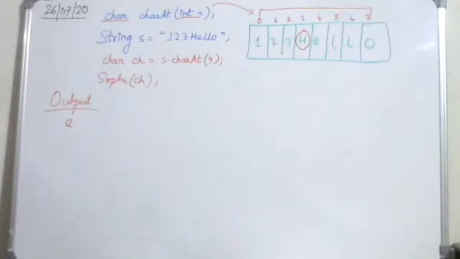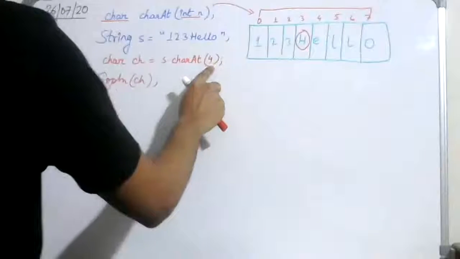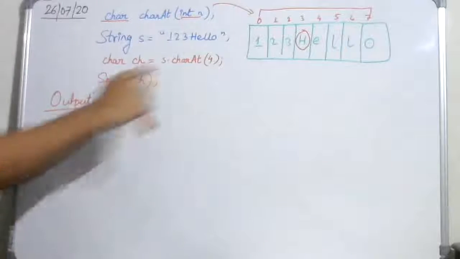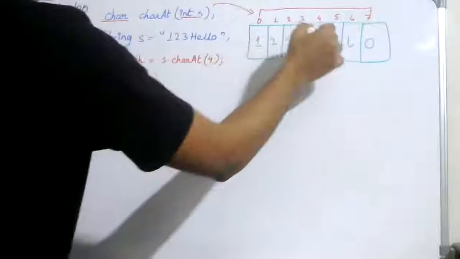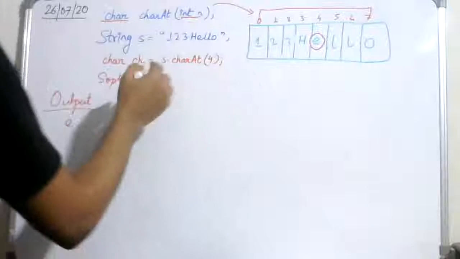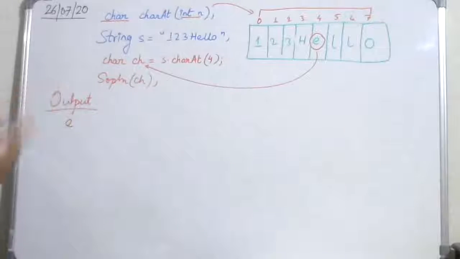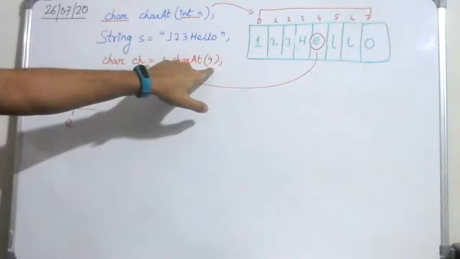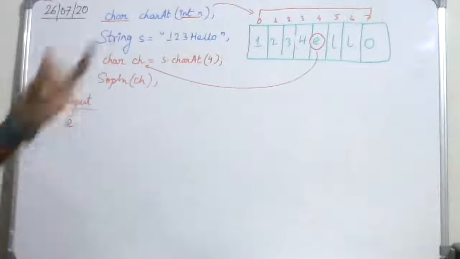So the char function basically picks out the character at the position that is passed as an argument to it and returns that character. So char 4 will take out the character at the fourth position, store it in the variable ch, and on printing ch I'll get that as an output. Okay, any value passed as an argument to the char function, the character at that position is retrieved and stored in the variable, or directly you could display it as well.